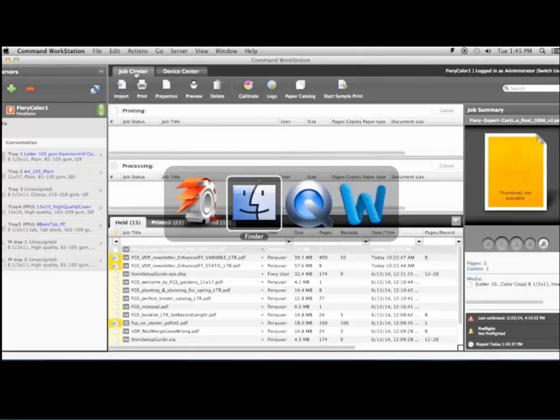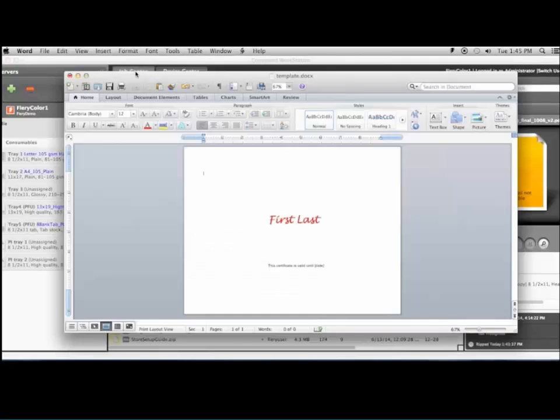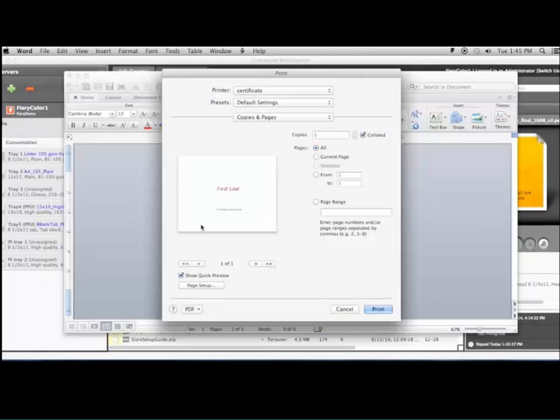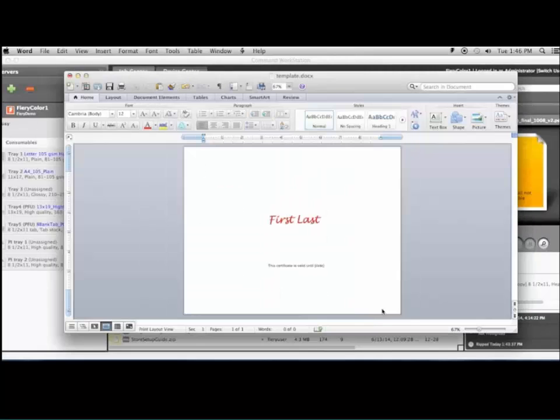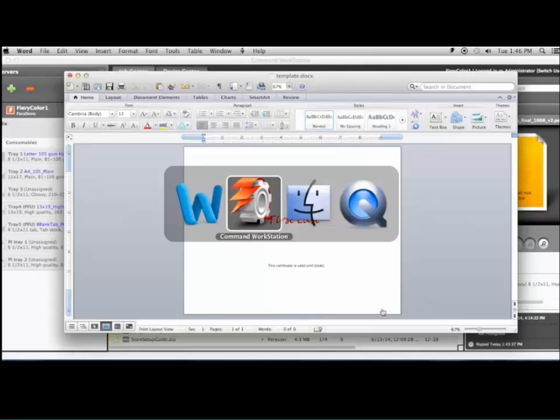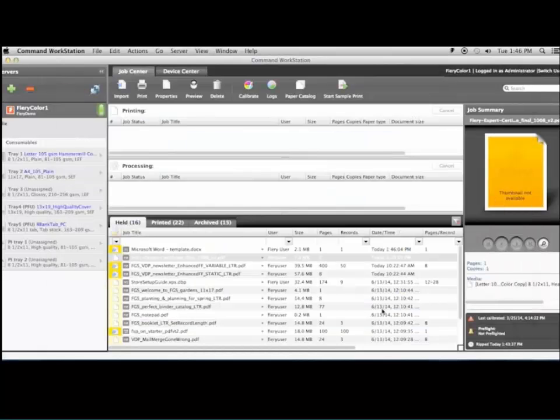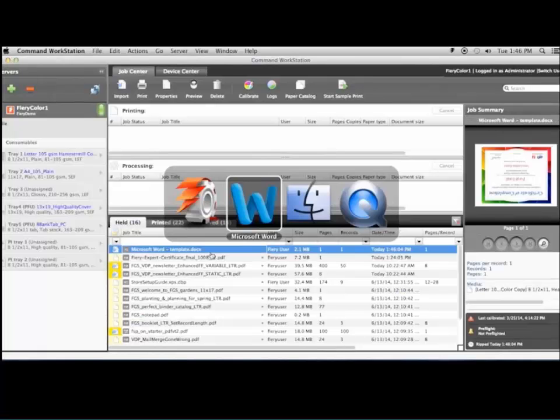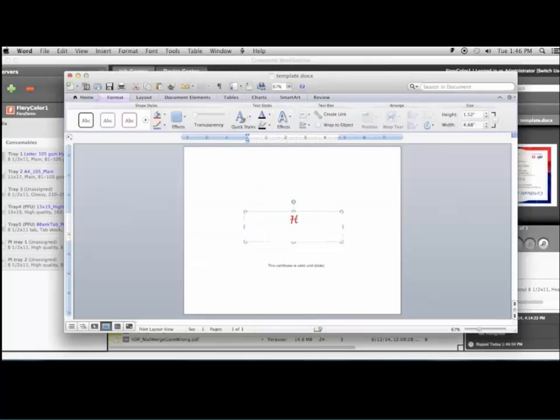If I switch to my application that I'm going to use to define my variable layout, I open Microsoft Word, and this is a very simple layout. And just to test this, I'm going to print it to my certificate printer, switch back to Command Workstation to see the end result. You can see it's already been processed. It doesn't even take a second because all the heavy lifting has already been done